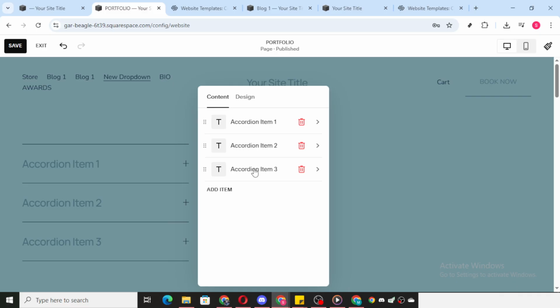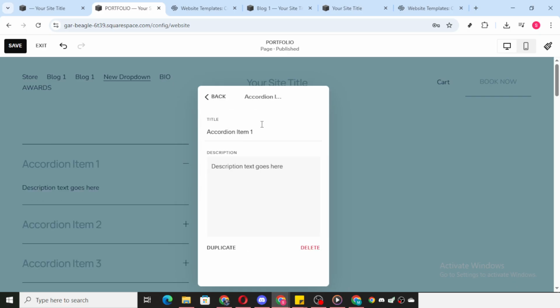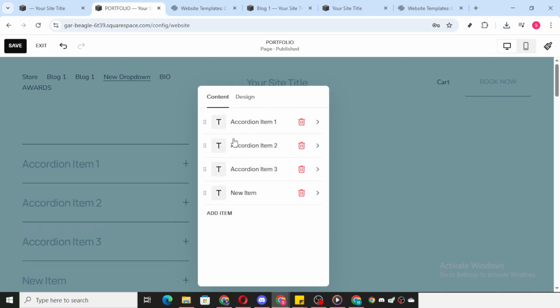By default, you might see a few sample entries that you can modify. Click on each entry to change the title and the content within them, making it fit your needs. As you work through your items, you might realize that you want them in a different order. Don't worry. Squarespace makes it incredibly easy to rearrange these items. Simply drag and drop them into your preferred arrangement. This feature is especially useful if you're trying to organize a lot of information in a way that's aesthetically pleasing